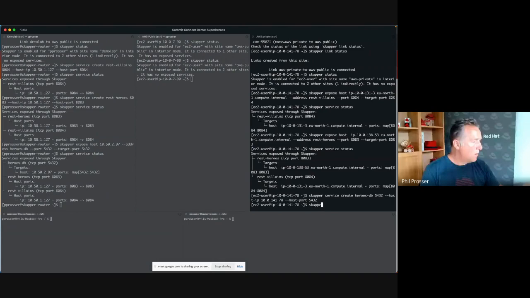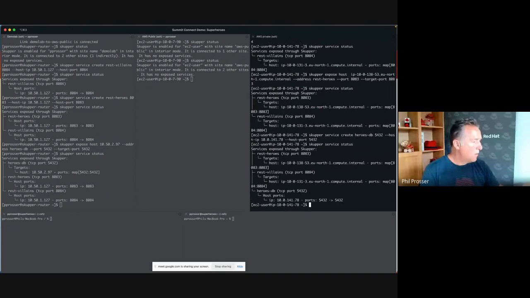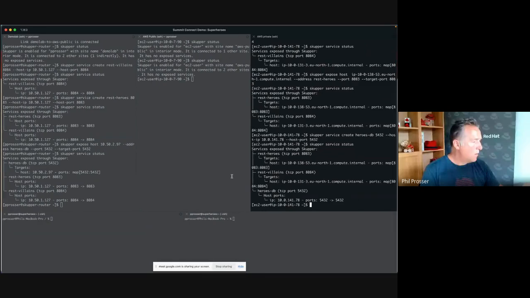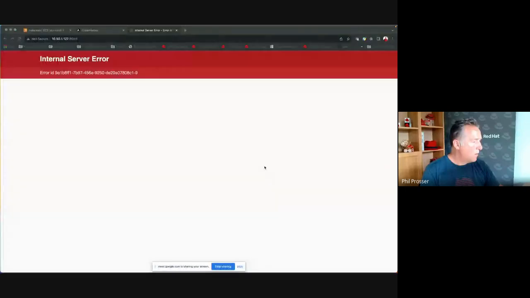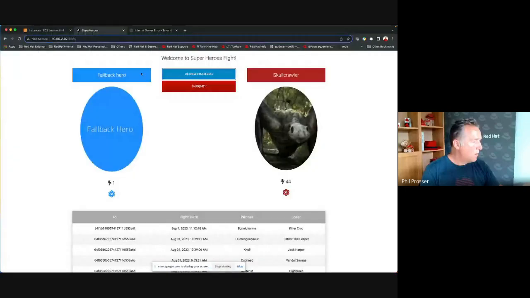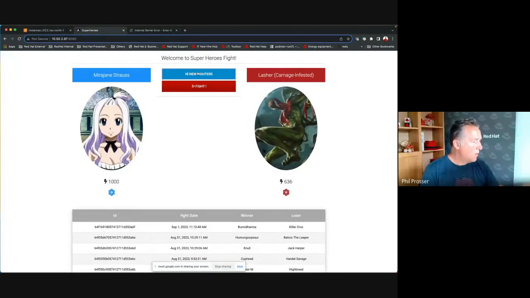So Skupper service status, as we've done previously, we can now see that we've got a HeroesDB that has its host that we can talk to, but there is no target. There is no definition of where this thing is running, and so we don't know. So what that should mean is now we've done that connection, at least in theory, we should now be able to have our fights. So let's go do a new fight,